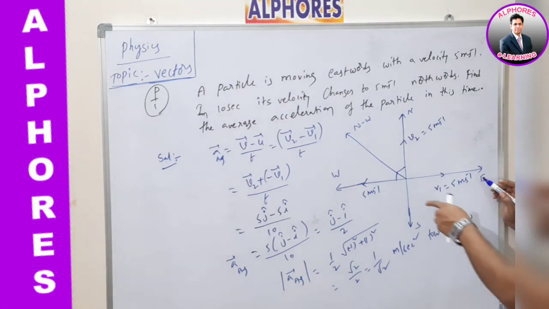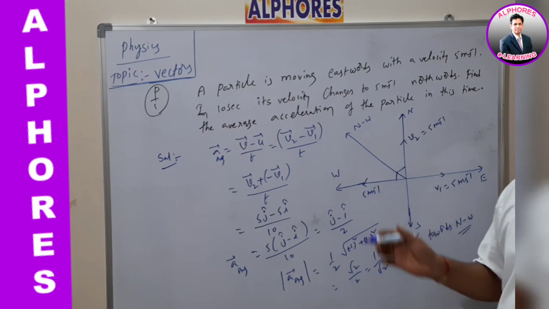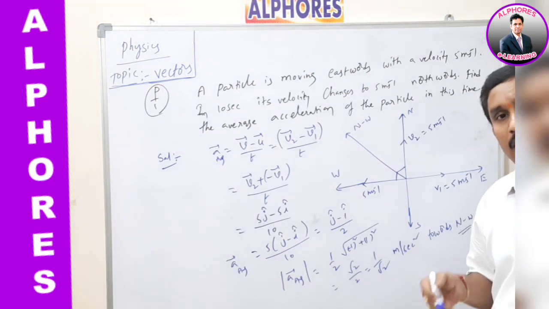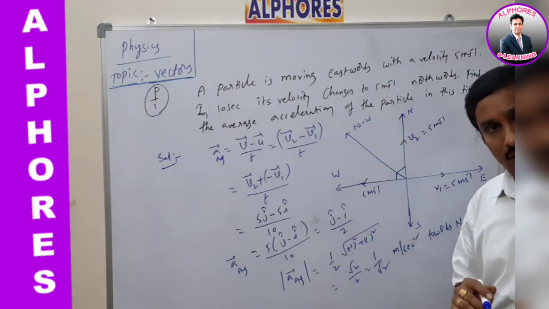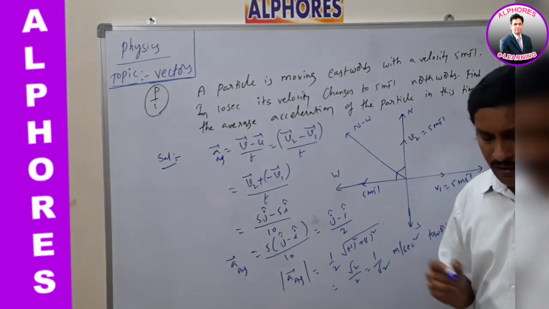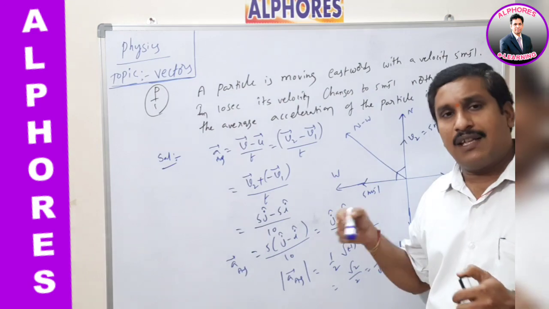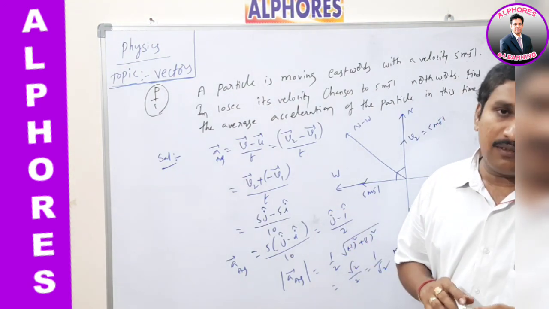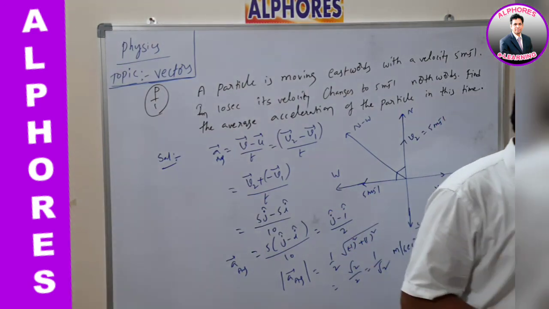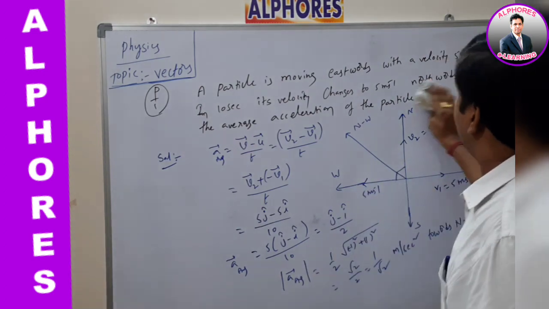Northwest direction. So this is the example for subtraction of vectors, nothing but change in velocity. Okay. Now after this, I have to discuss another problem based on the subtraction of vectors as well as the parallelogram law of addition of vectors also. Right. Now, please write the another question.